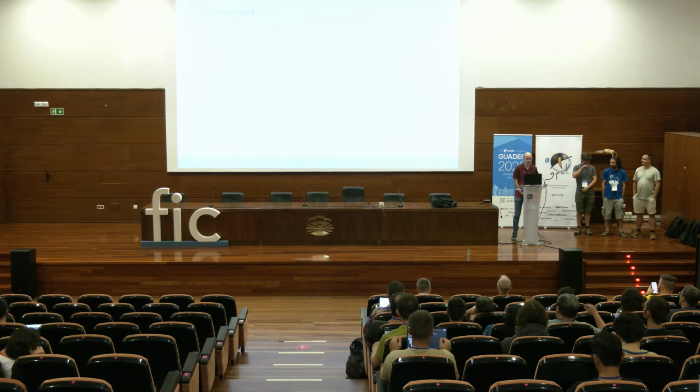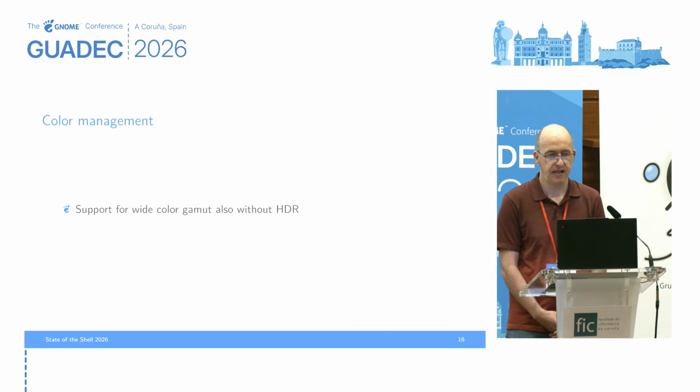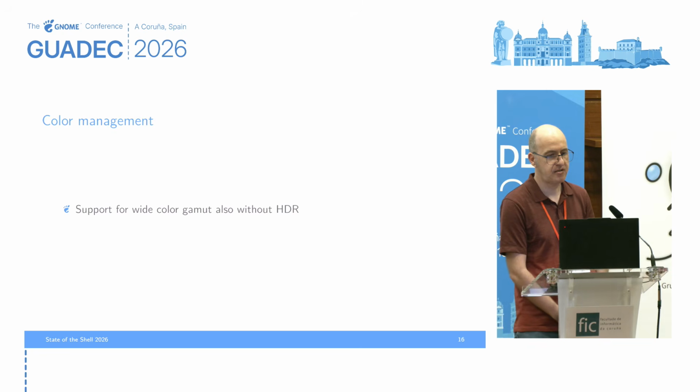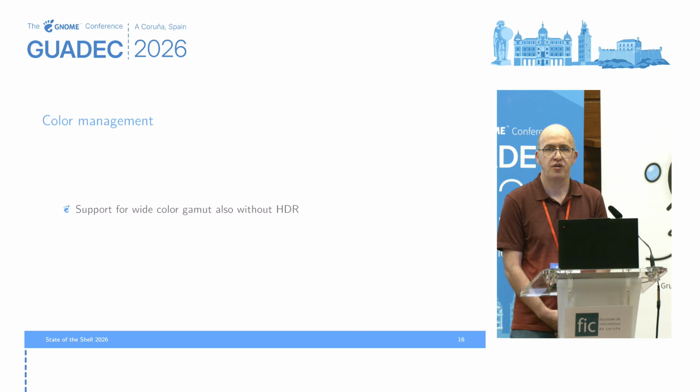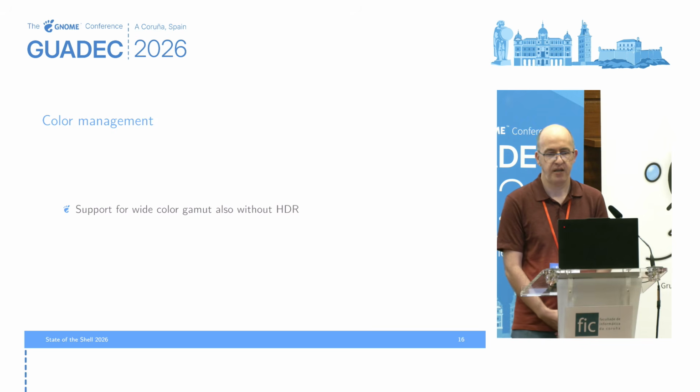Thanks, Jonas. I'd first like to talk a little bit about what's been happening related to color management in Mutter. The first thing is that in Mutter 50, there is now support for handling wide color gamut displays correctly, even when HDR is not enabled. And I stress the latter part because HDR kind of implicitly covers wide color gamut as well, but with HDR disabled,